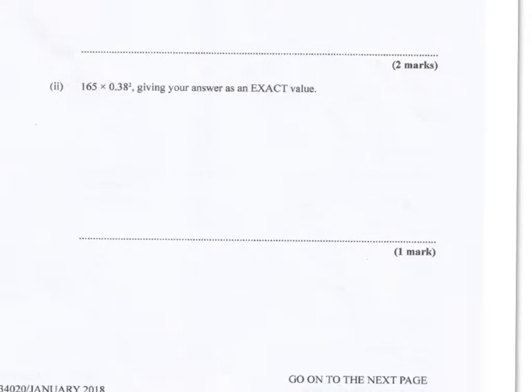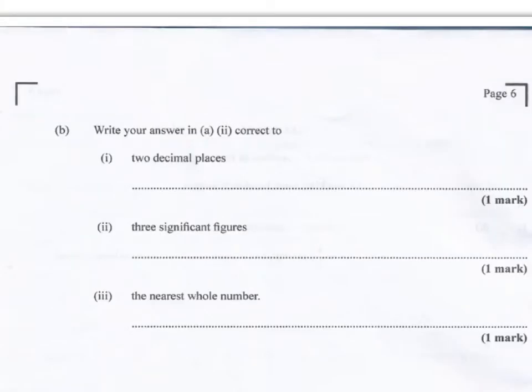The exact value of 165 multiplied by 0.38 squared, we put that in the calculator and we'll get 23.826. Okay, so they want us to use our answer from A part 2, which was 23.826, and they want that to 2 decimal places, so we count 1, 2 and we round, so we get